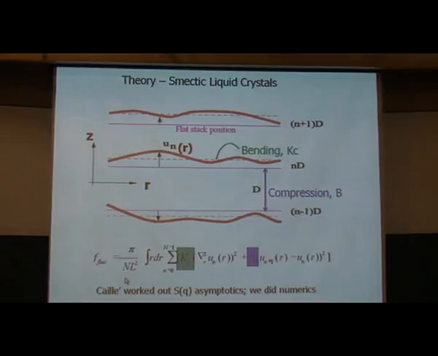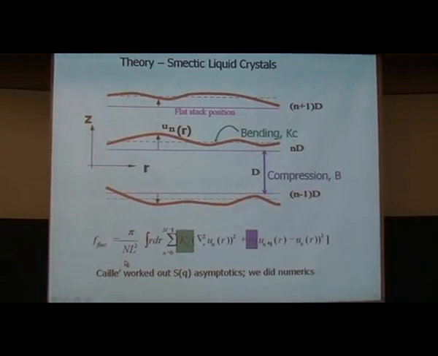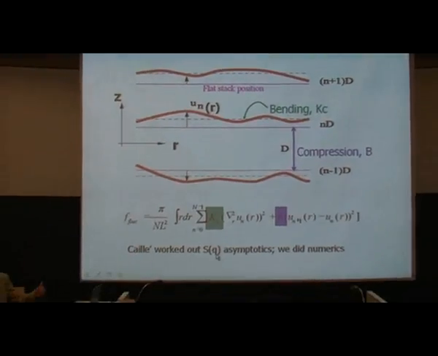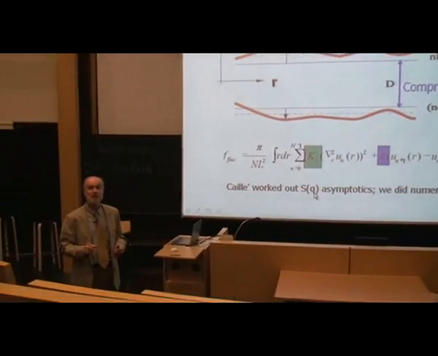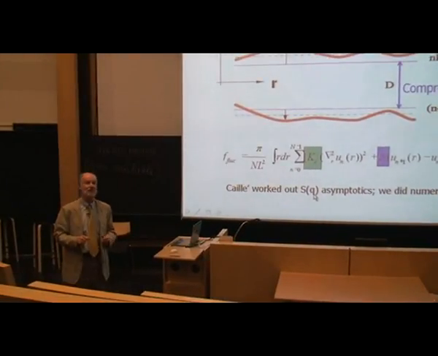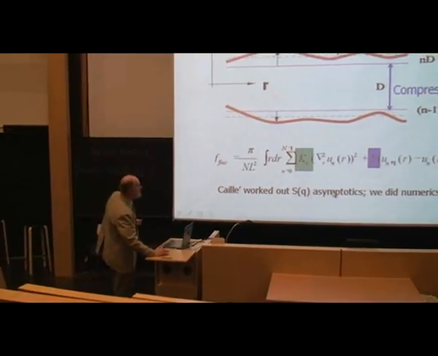This theory was worked out in physics by a Canadian named Caillé, who was working in De Gennes' lab, or De Gennes' group, at the time. And he did very beautiful asymptotics, which gave critical phenomena. Those of you who know statistical mechanics know that in critical phenomena there are power law behaviors. And this model also has power law behavior in the correlation functions. Usually things decay exponentially, but in this model you're essentially at a critical point because the correlation functions decay with power laws. And he did a beautiful job of that.